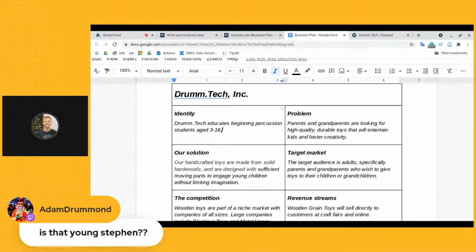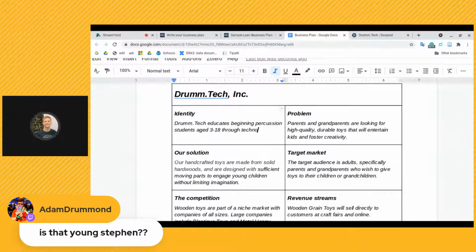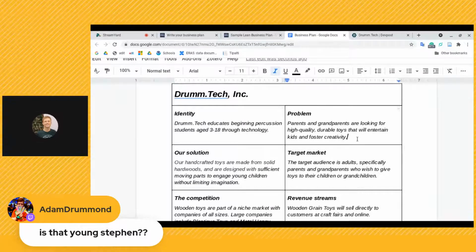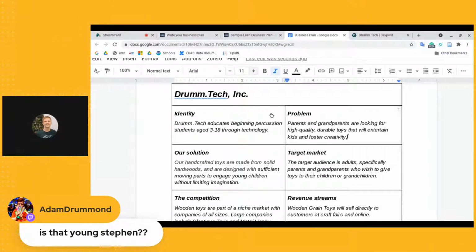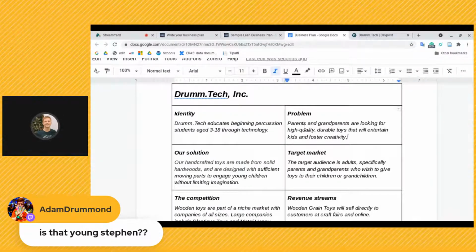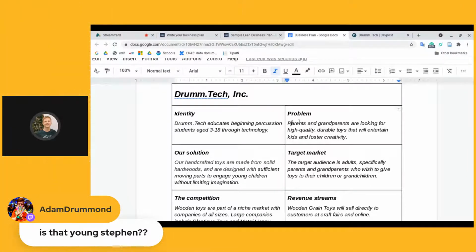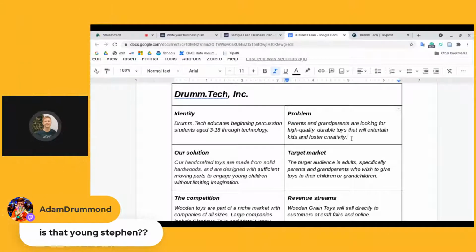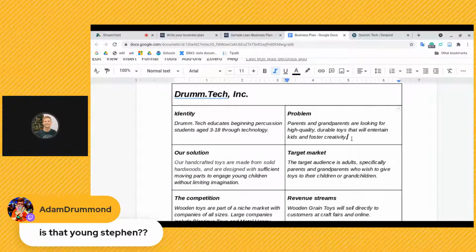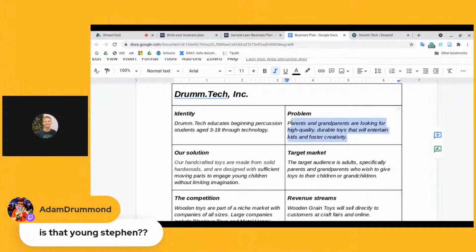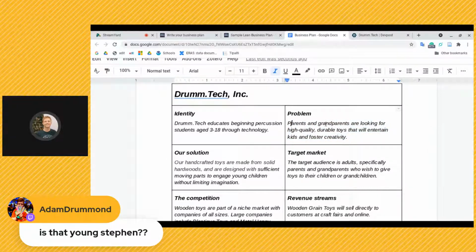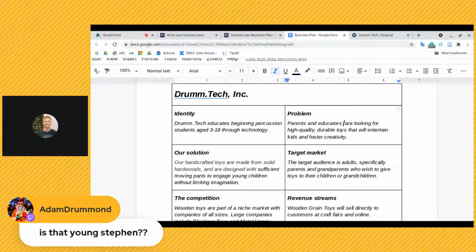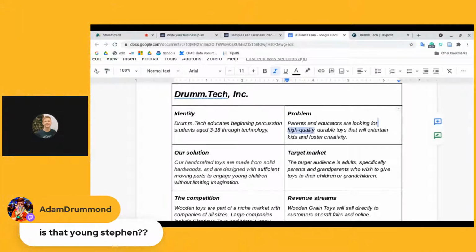And so we could say through technology, right? And so what problem are we addressing here? Well, in the case of the wooden toy company, the problem was that parents and grandparents were looking for high quality, durable toys that will entertain kids and foster creativity. And so what I want to say here is parents, I actually want to say educators. So maybe parents and educators are looking for